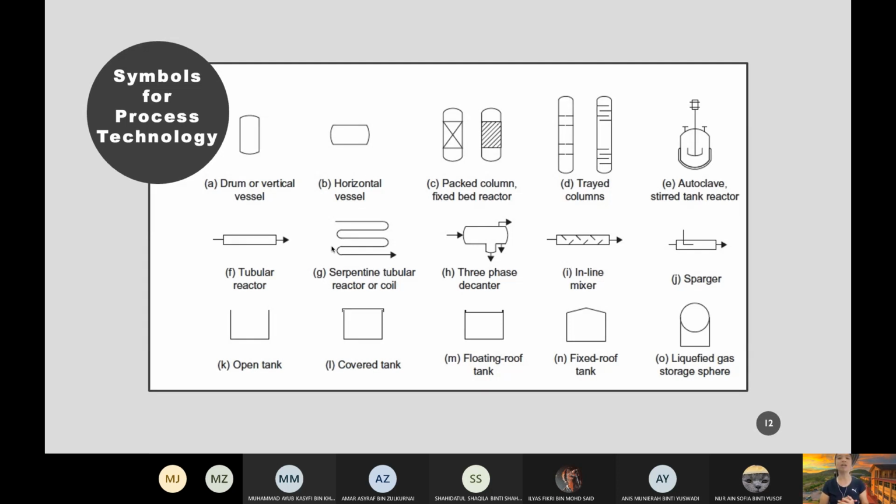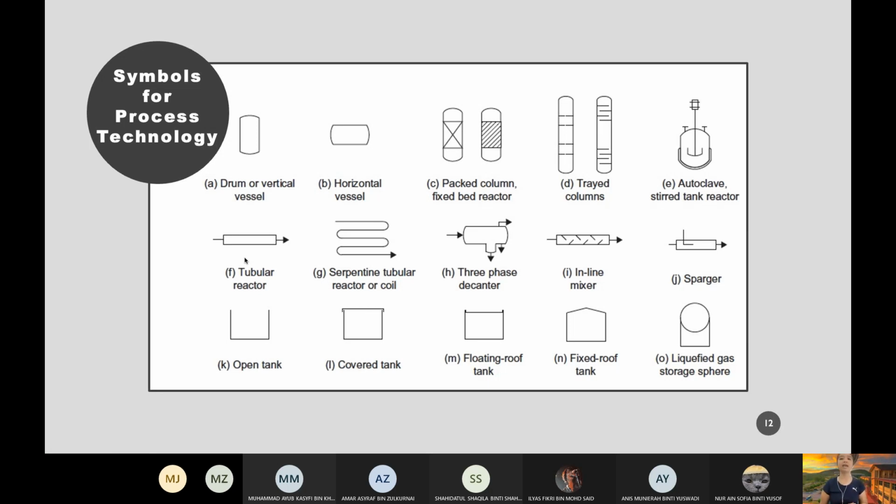But the most common one that you will see, of course, is vessel, okay? Reactor, okay? Column, autoclave, stir tank reactor. Kalau reaktor kamu menggunakan stir tank reactor, CSTR, kamu akan guna ni. Kalau kamu ada tubular reactor, plug flow reactor, you will use this symbol, so on and so forth. I cannot show all. Dia banyak kan. Saya kata macam setiap plant ada equipment yang berlainan kan. So, I will show you the standard one, but